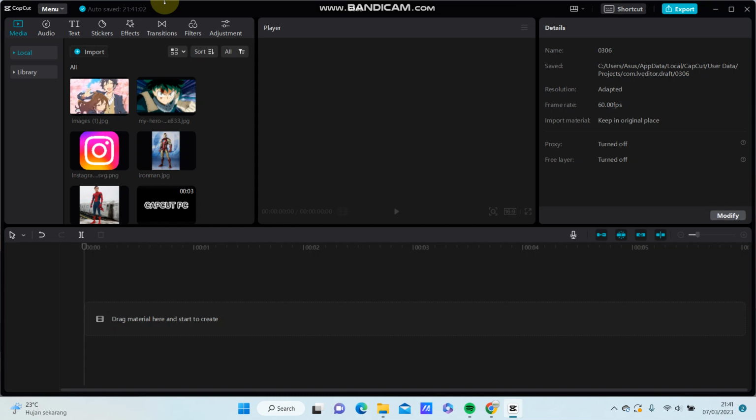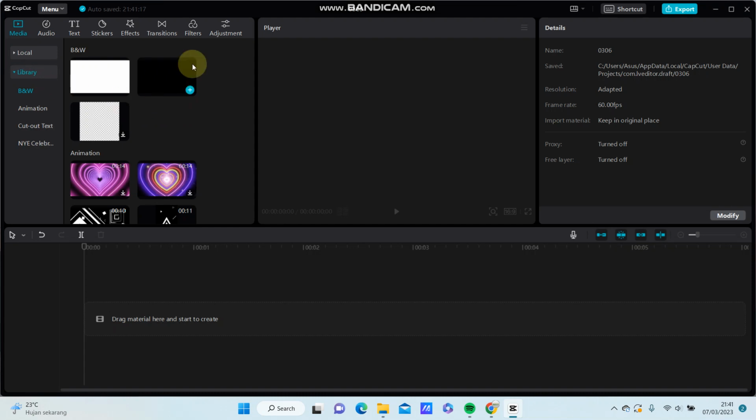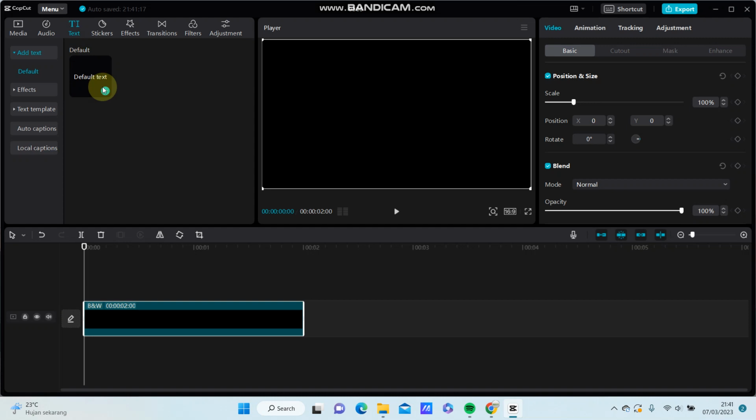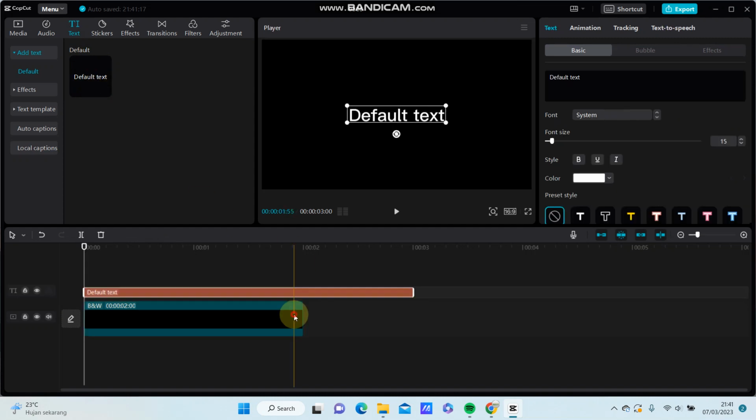Hello everyone, in this video I'm going to show you how you can create fake bat moon effect in CapCut PC. So to make fake bat moon effect, you are just going to add the black screen and add text, select the bold text